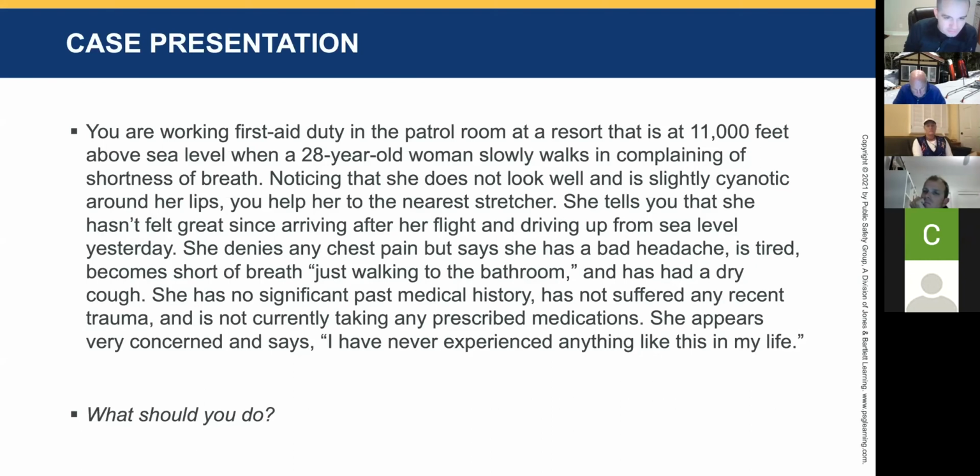I'll pipe in here for a second. So I just read it, and yeah, I like what everyone's saying. But a 28-year-old woman may not have any other history, and she's saying, I have never experienced anything like this in my life. So sometimes with patients, if you're wondering, is this a call for an ambulance or not? The patient really has the right to refuse it, but you want to jump in there and say, hey, let me get a higher level of care on the way for you.